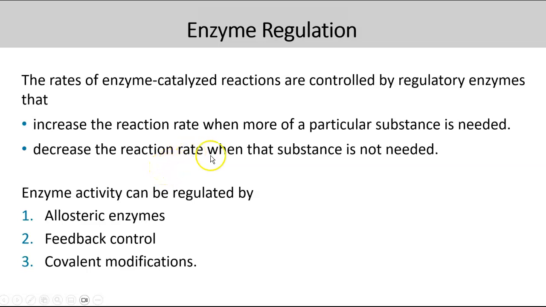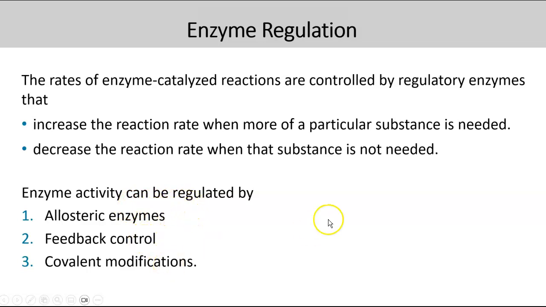Now, this enzyme activity is regulated by three different mechanisms. The first one is called allosteric enzyme involvement, the second one is called feedback control, and the third one is called covalent modifications. So in this class, you need to understand what these mechanisms are and how these are regulated